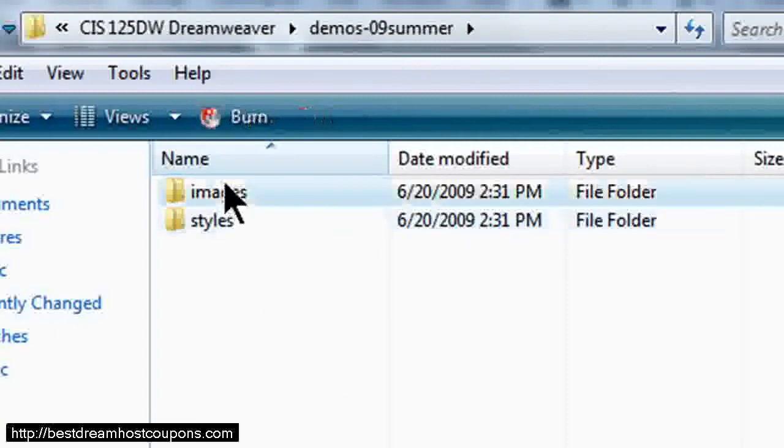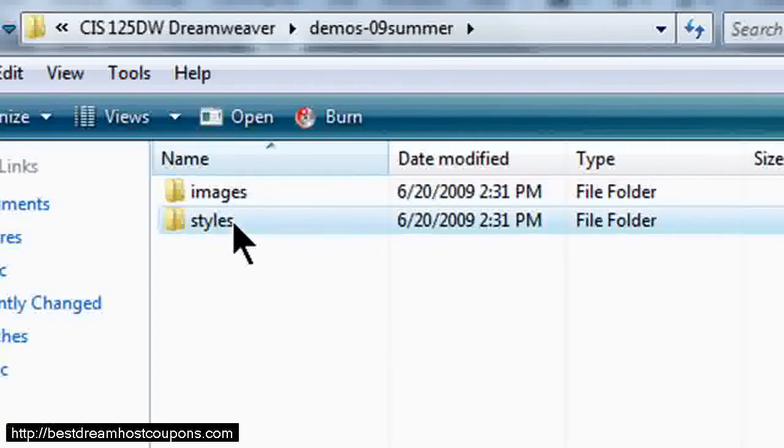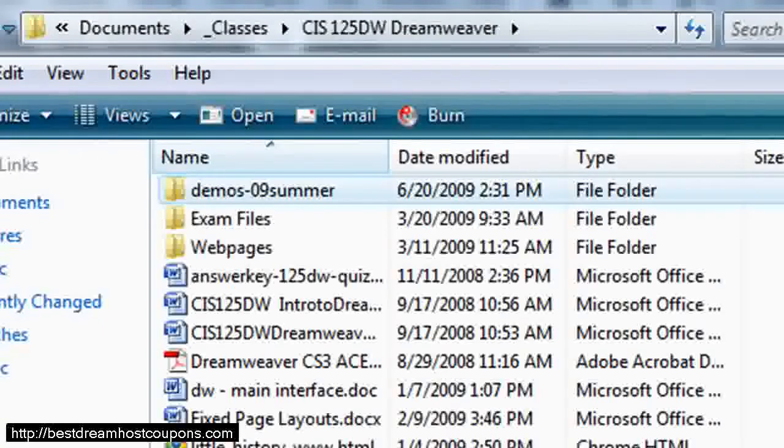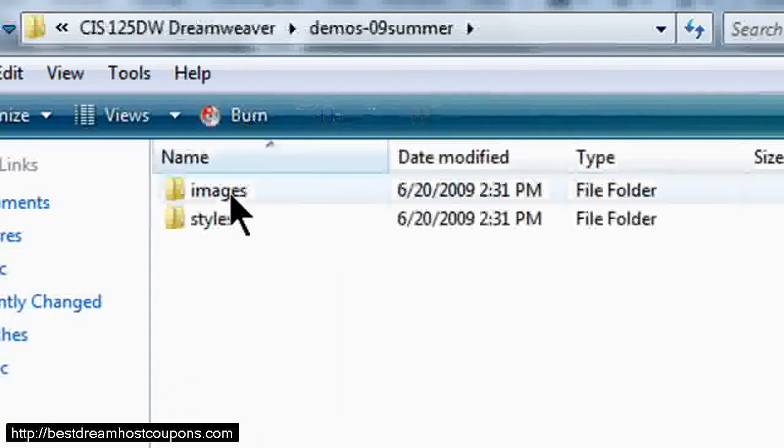So I'll have a folder to keep my image files and a folder to keep my style sheets. Things we'll get into soon enough. And then later on I might want to create a folder just for JavaScript files or for Flash files. Alright, so everything I do is going to go inside of my Demos 09 Summer folder, and I'll have HTML files in here, and then I'll keep image files and style files in these subfolders. Now that I've got that set up,